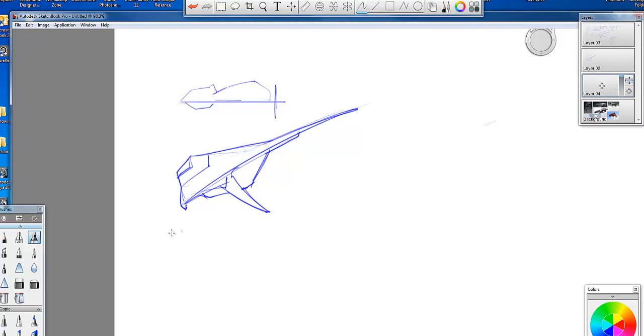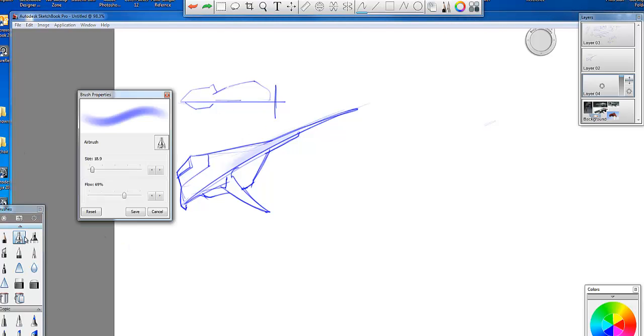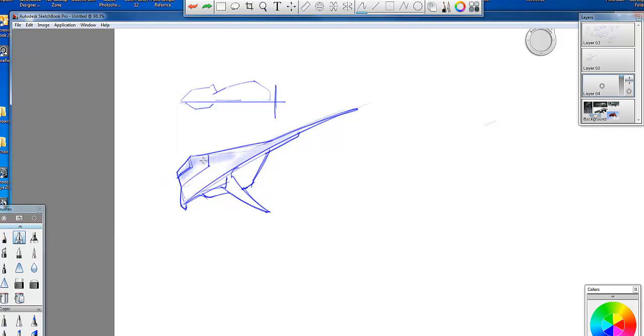Drop that layer underneath, come to your airbrush tool, okay? And what I'm going to do is I'm just going to come in, oops, I didn't mean to go that dark there. I'm just going to come in pretty lightly and put down, man, why is that? Hold on. Let me adjust the airbrush tool. I pushed up the flow on it before. There we go. So now I can come in with my airbrush, and I'm basically going to airbrush a base